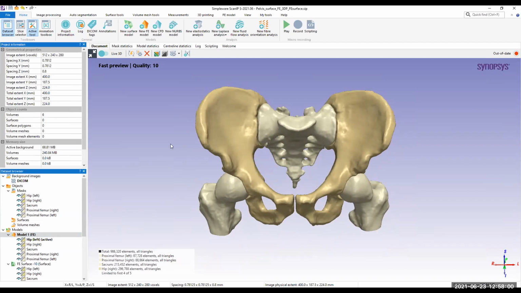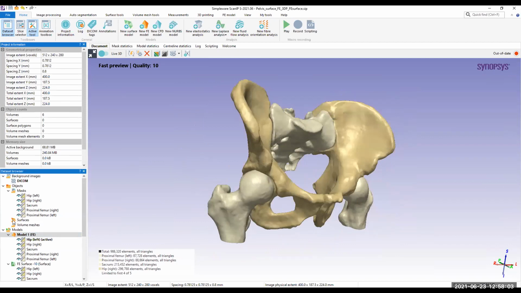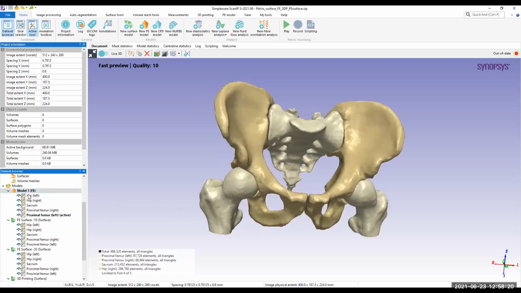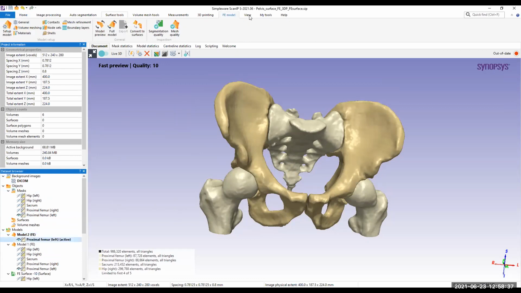Let me start. This was the model that I have generated already. In this case, let me just delete some other masks because generating an FE model takes much time. Or I can leave it. Now this is a finite element model. I have generated a model over here. It is already generated, but I can generate by simply clicking here. Now this is a new model generated. I can drag and drop my mask in here, and then I have a new tab generated over here, that's FE model.